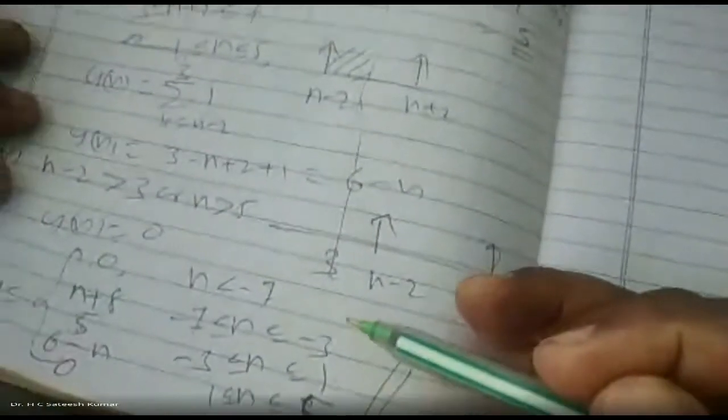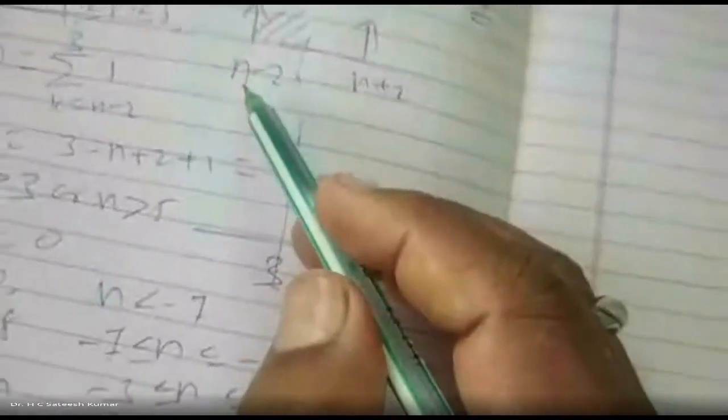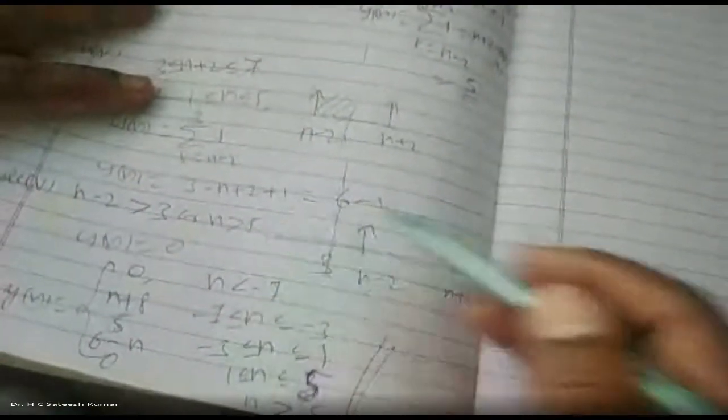You can sketch it if you want. You can sketch it, but its signal will be ranging from where to where? Minus 7 to 5 you will get it, right? At minus 7 it is 1 like that. You can sketch it, right? So that's how we should do the problem. And if you want, you can sketch this one also.